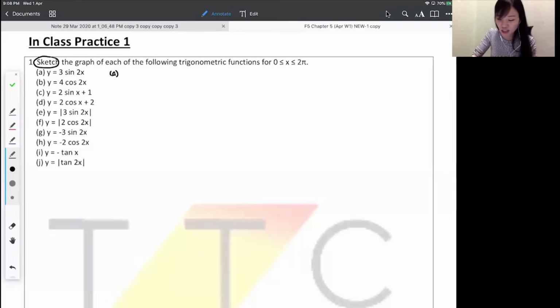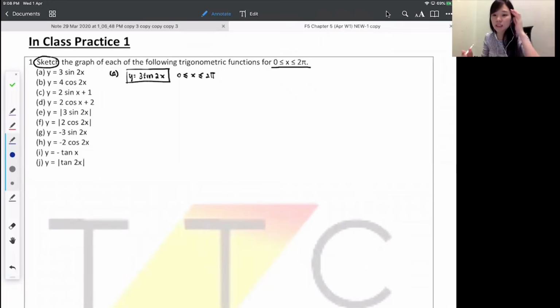Sketch the graph of each of the following trigonometry functions for 0 to 2 pi. So guys, you are going to draw one round. That means no need to purposely erase or something like that. Let's start from the first one. They want me to draw this one from 0 until 2 pi. I think it's quite a little thing for me to do, so I can actually straight away draw it out, but